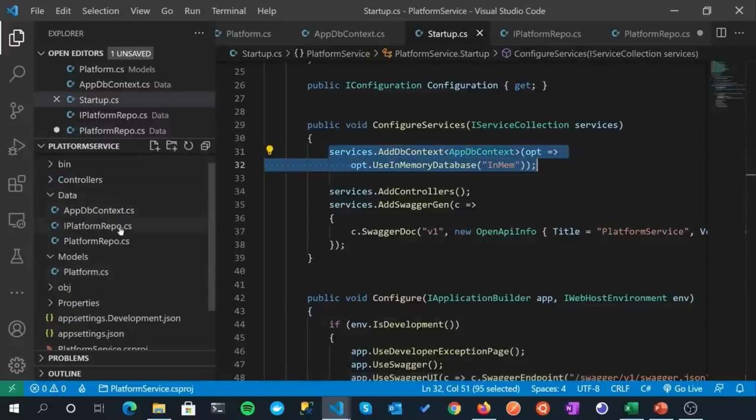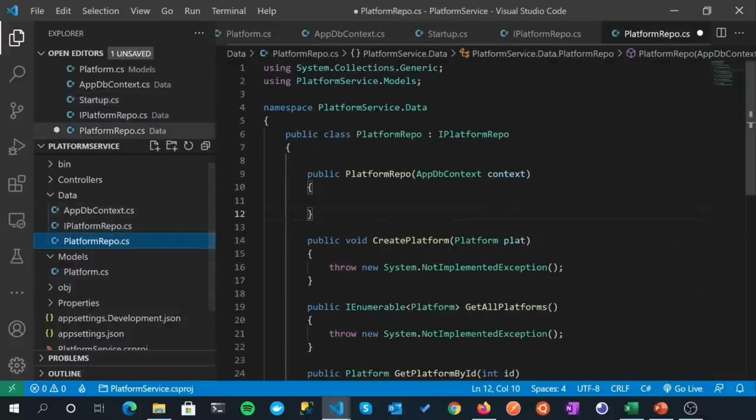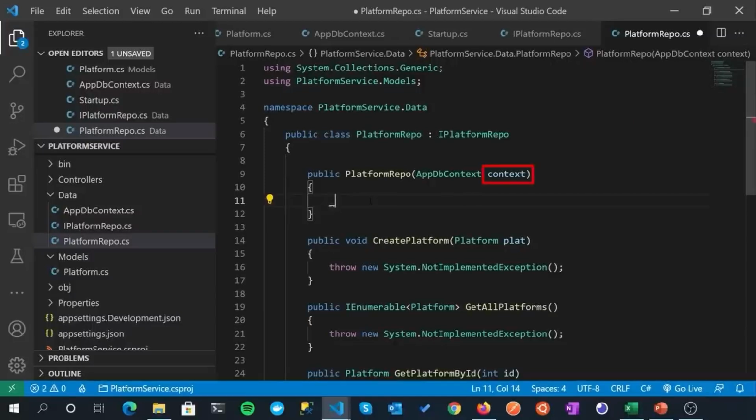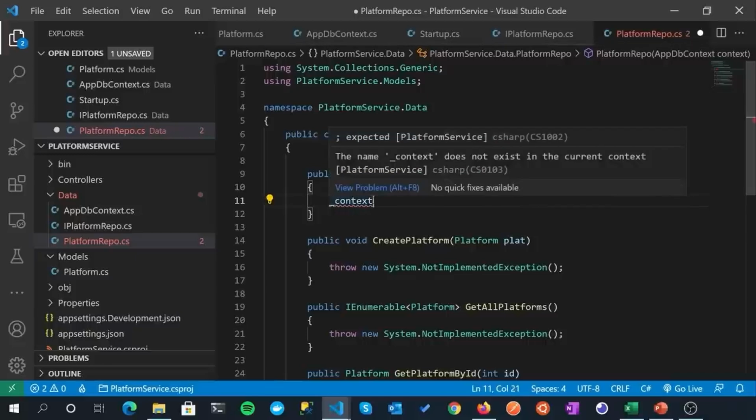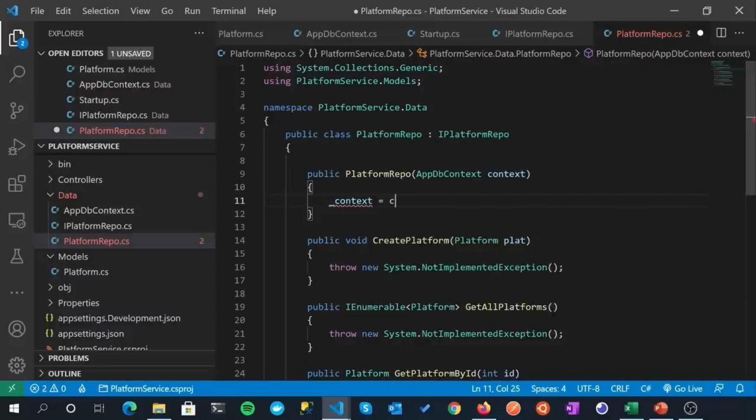Okay, so I'm not going to go too much more about that. I would expect you to be somewhat familiar with dependency injection, so I'm not going to explain it further than that. But we'll use it so much throughout the rest of this course that it will definitely become second nature to you. And then to finalize, we actually need to make use of this context that's injected in, so we do that via a private field. And the convention is to typically start these with an underscore. Well, I do anyway, and you'll see it used a lot like that.